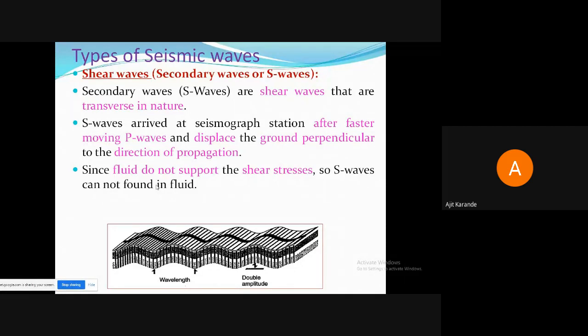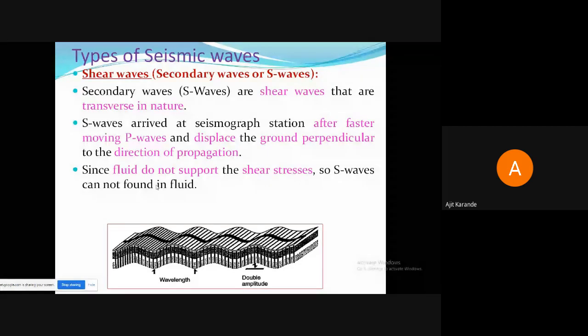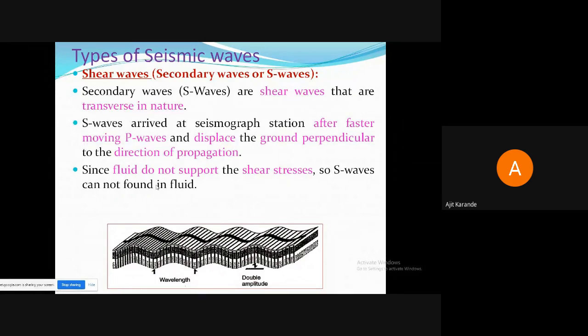Now, as far as S waves are concerned, let's discuss some properties. These are transverse waves, transverse in nature because they propagate in the direction perpendicular to the direction of propagation. That's why they are called transverse waves. Then the velocity of these S waves,